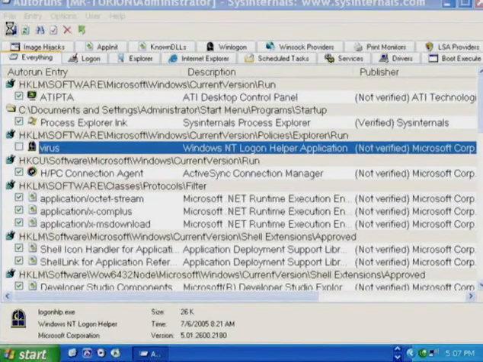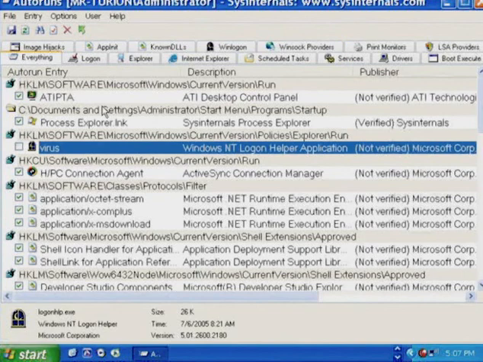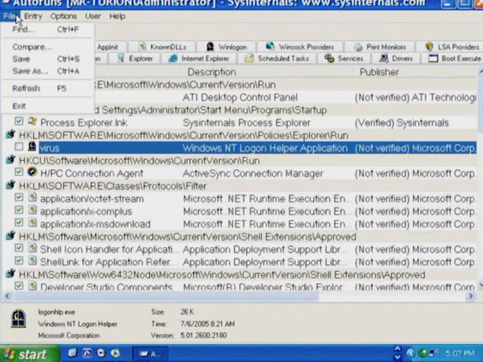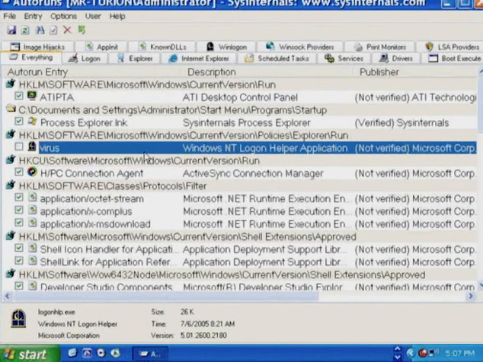And one way to keep track of changes to your autostart configurations is to save the list to a file. Once you've saved the list and you subsequently do scans, you can compare the current scan with the previously saved scan by going to the File menu and doing a compare. Compare will ask you to point it at a previous scan, and any items that are new as of the current scan will show up highlighted in green, allowing you to zoom in on stuff that's changed since the last time you did a scan.